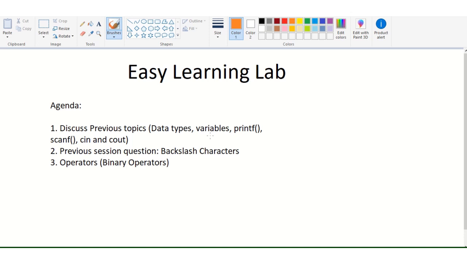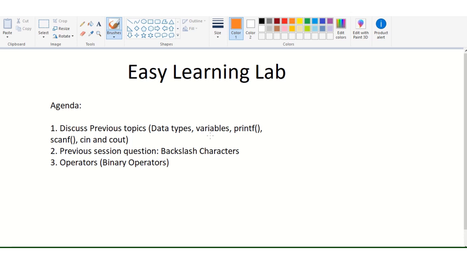And after that, we discussed input and output standard functions, that is printf and scanf. Printf is used for printing, and scanf is used to scan the data from the outside world, right?